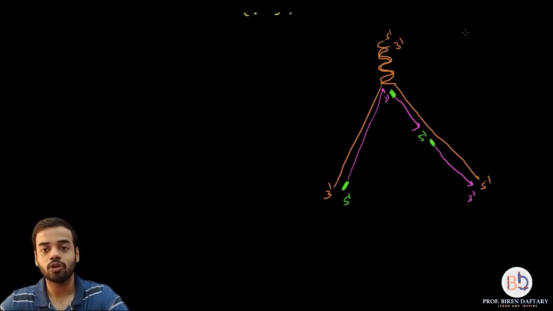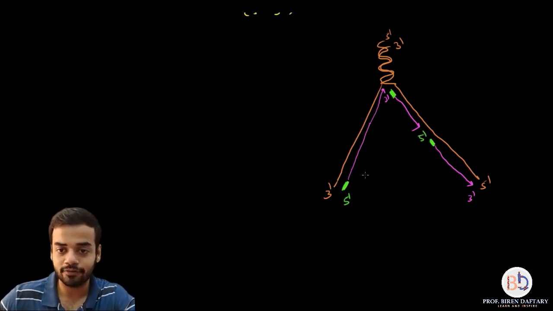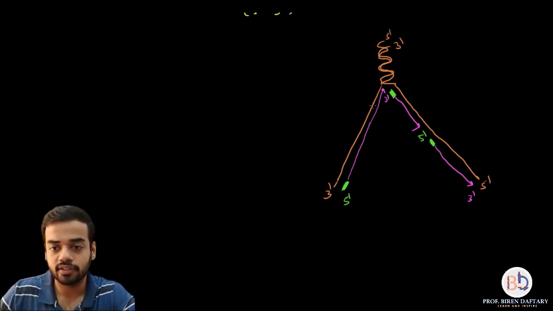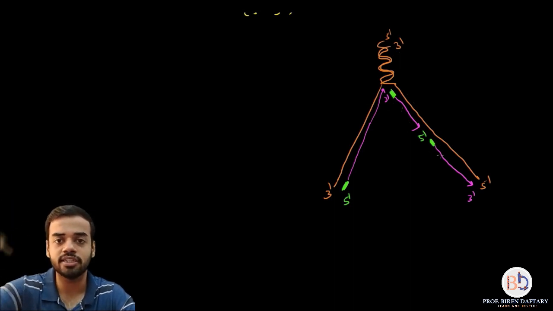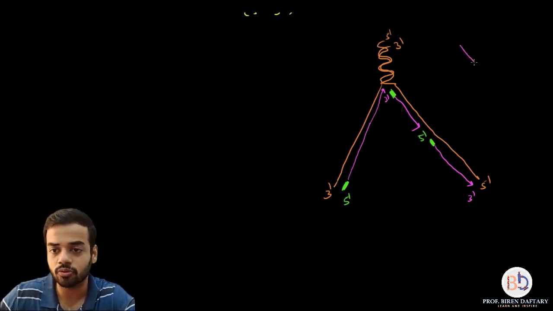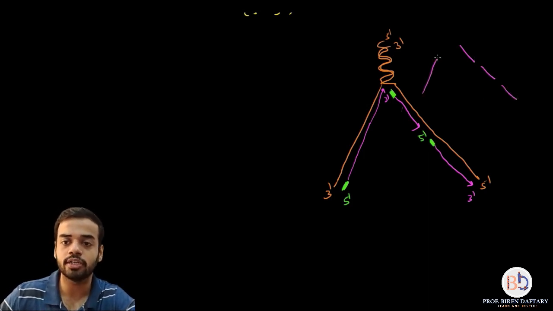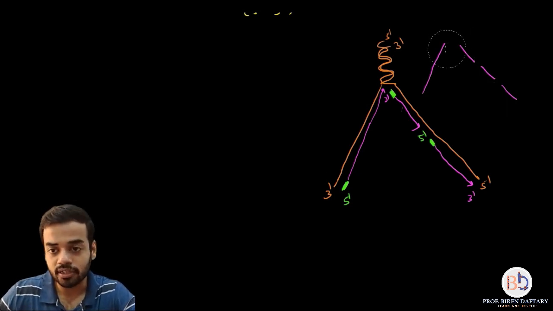Are you getting me? So what is happening is, eventually this part will also open up, this strand which is present on the left hand side in purple, it is going to grow continuously upwards, whereas this strand on the right hand side in purple, it is going to grow discontinuously. Discontinuously means it is going to grow like this, whereas the strand on the left side is going to grow continuously like this. Are you getting me? And are you understanding why?